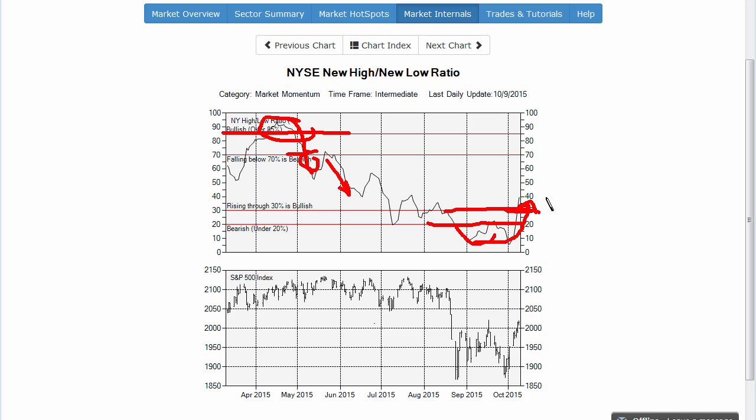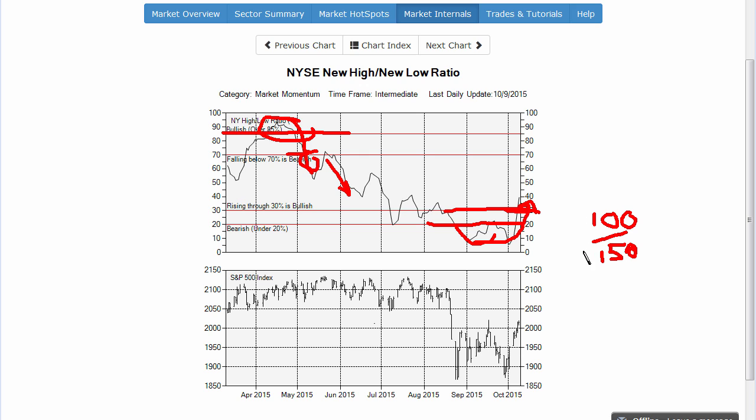However, there's one thing else that you don't see in this chart that you do need to watch out for, and that is you want to keep an eye on how many new highs are being created in order to make this happen. So in other words, if you have 10 new highs and 5 new lows, that means you've got 10 over 15, and that's creating your index. That's certainly not the same as having, say, 100 over 150, where you've got a lot more stocks indicating.